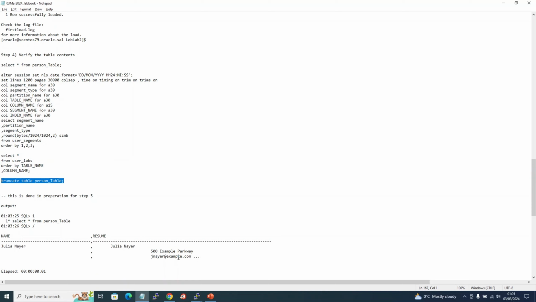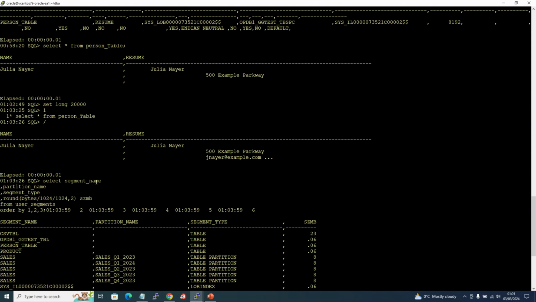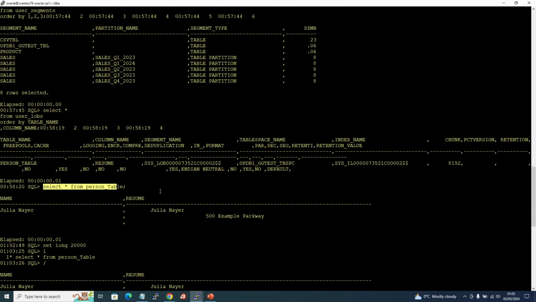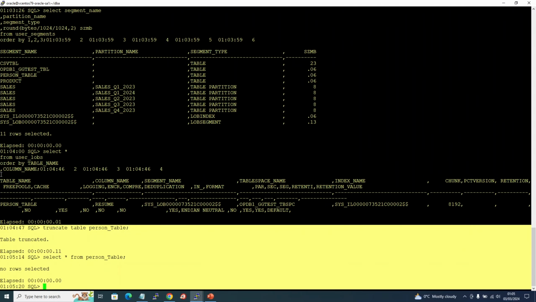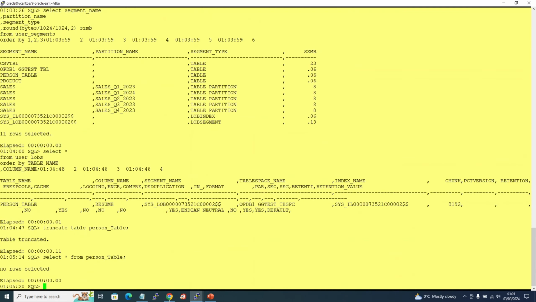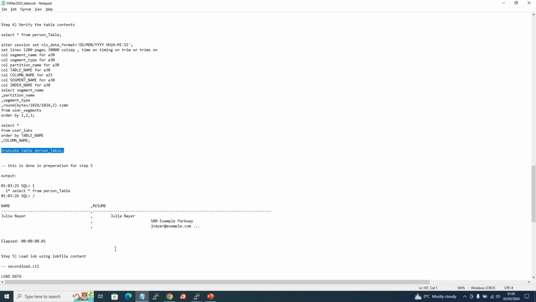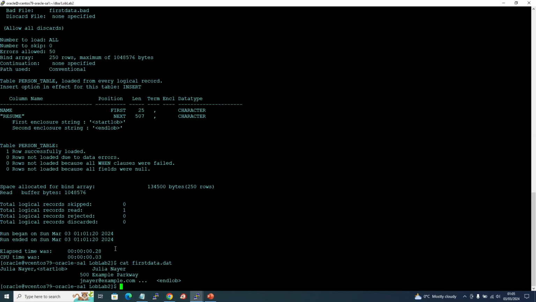So I said about a lob file, right? That we are going to check now. Now let's truncate the table. Yeah, the table is truncated. Let's check if it has any records. No records, alright. So let's capture all these outputs. Now let's go ahead and